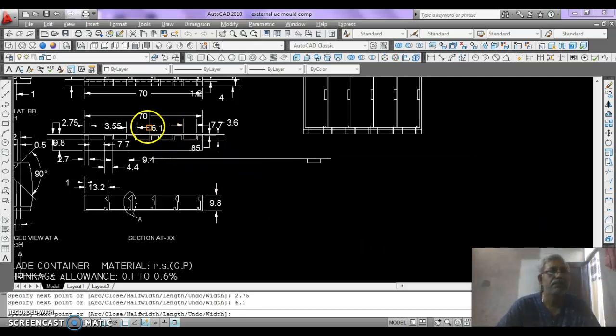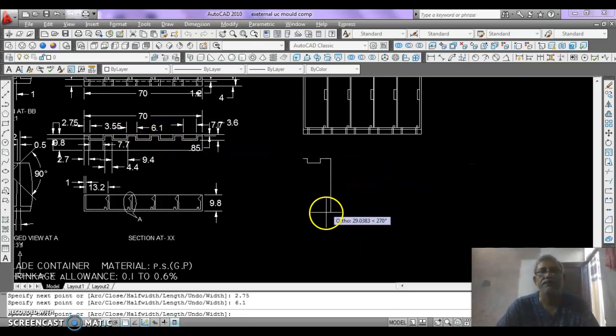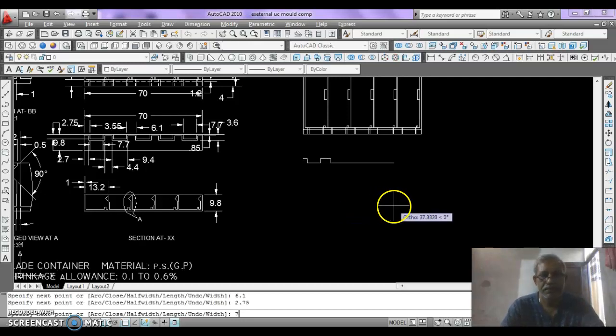Here is the 6.1. And then downward 2.75, then 7.7. Sorry, it should be